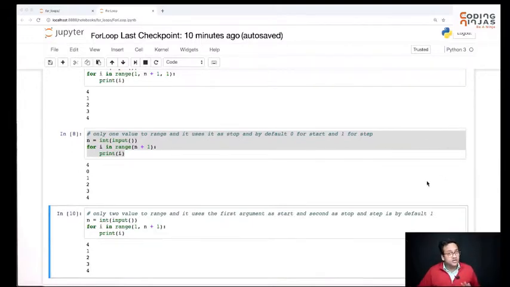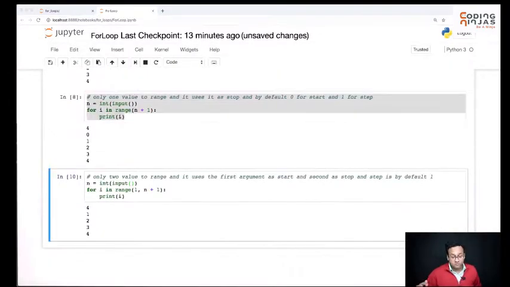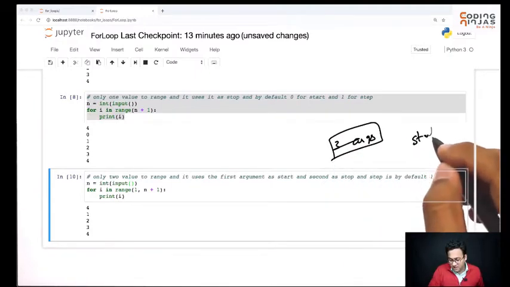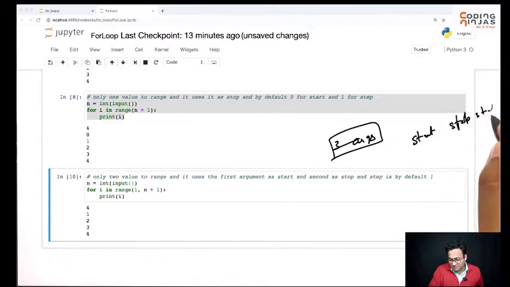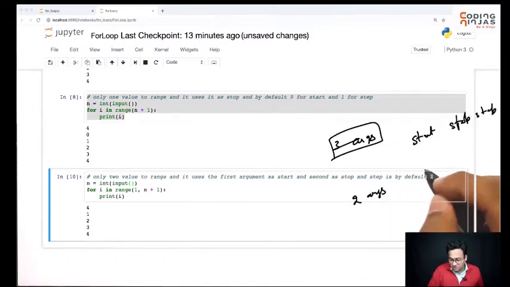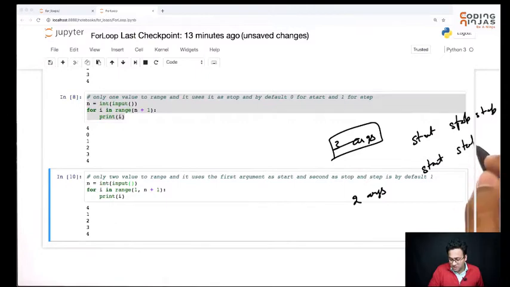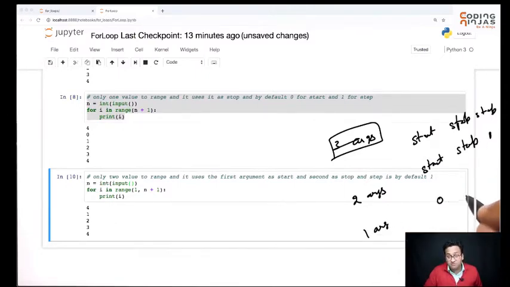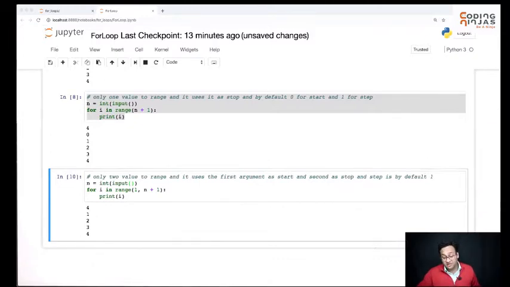So if you give two arguments, it works fine, and it by default takes the step to be 1. So this basically means, if I'm giving three arguments, these three arguments are used as start, stop, and step. If I'm giving two args, they are used as start and stop, and step will become 1 by default. If I'm giving only one argument, start will become 0, stop will be the argument that you're giving, and the step will by default be 1. So that's what's going to happen with the range method that we have.